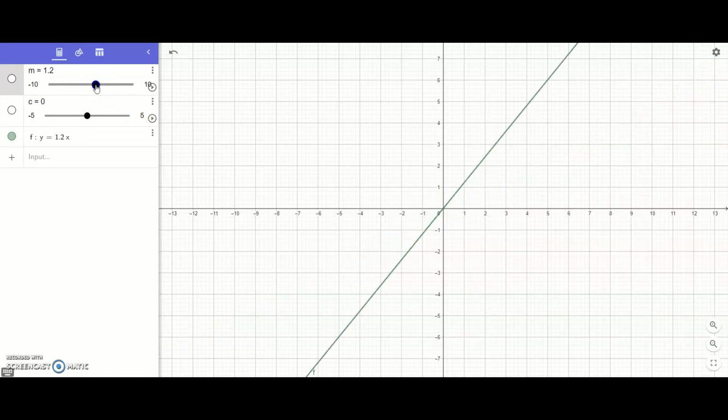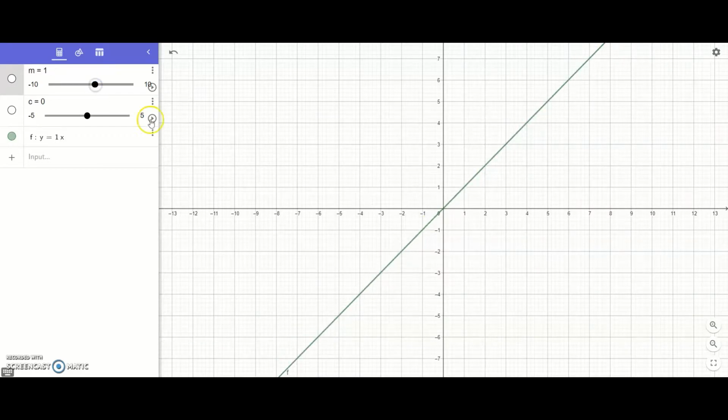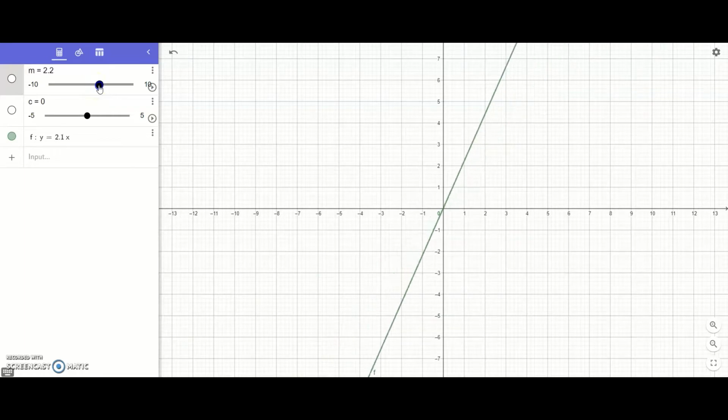If I make that up to 1, we can see a slope of 1. This is y equals x, or y equals 1x. As I go along 1, I go up 1. So our rise over run gives us 1. And I can increase this slope and make it, let's say, 2. And here I have a slope of 2, a rise of 2 for a run of 1,